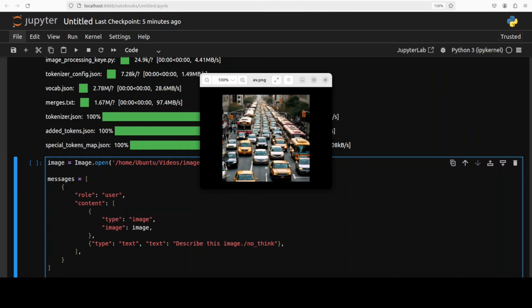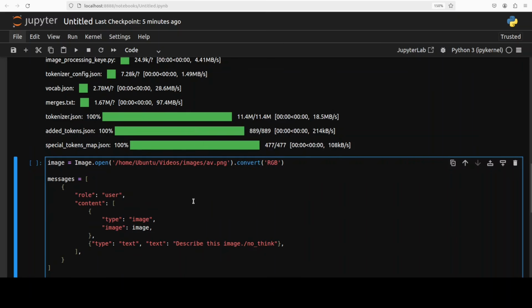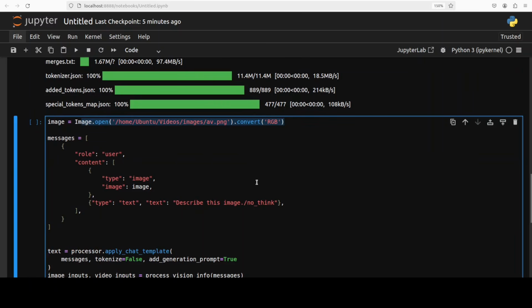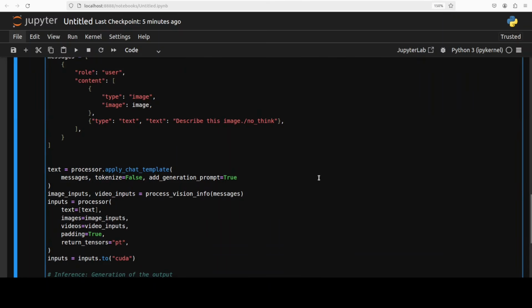So there are 3 ways you can do the inference with this model: in a thinking mode, no thinking mode, and then auto mode, which is primarily the thinking mode or default mode. So all you need to do is to just specify your image, whether from local system or a URL, and then you can just tell it describe this image or whatever you want it to do with the image, and then /nothink for no thinking mode, /think for thinking mode, and just remove it for the auto mode, which is primarily the thinking mode. So let's first try it out in the not thinking mode,